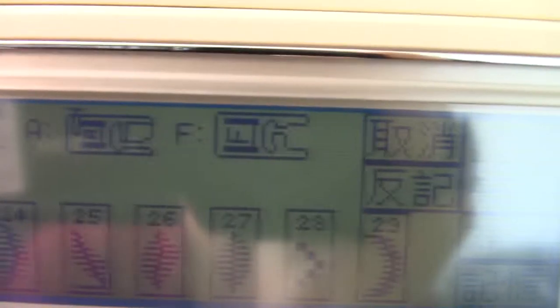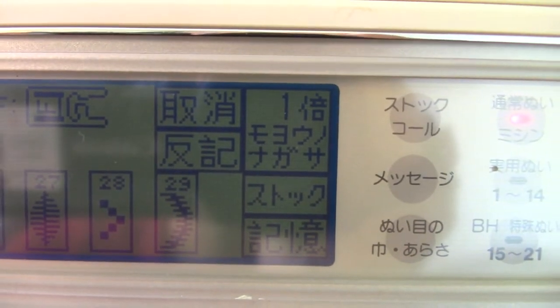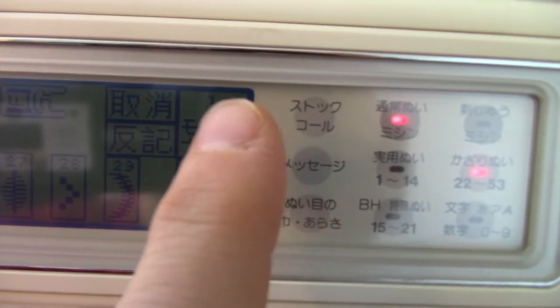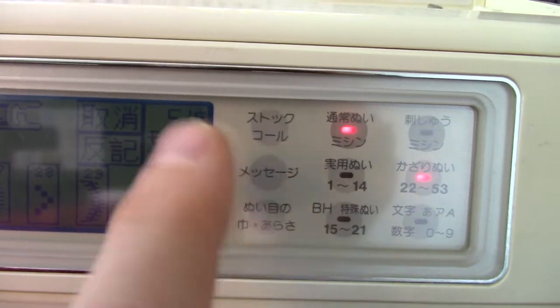is the stitch itself. Now what's interesting about this is this is where the screen started getting interesting. These are the same screens as for the English, and the buttons are in a slightly different place because of their shape, but that one tells you how much the pattern's elongated. If I press it again, 2, 3, so 4, 5, and then back to 1 again. And then there's this button here,